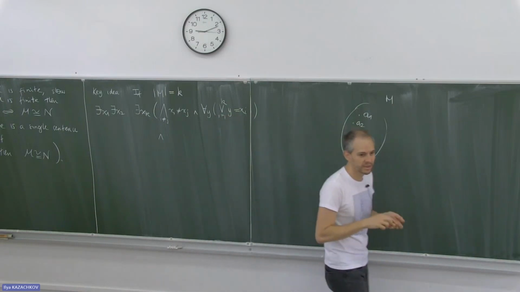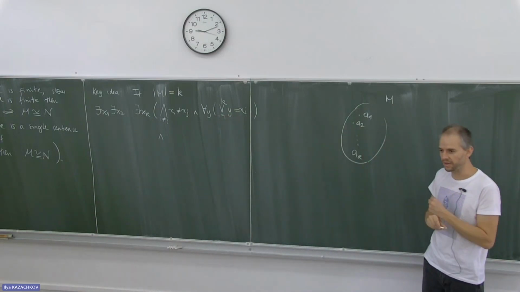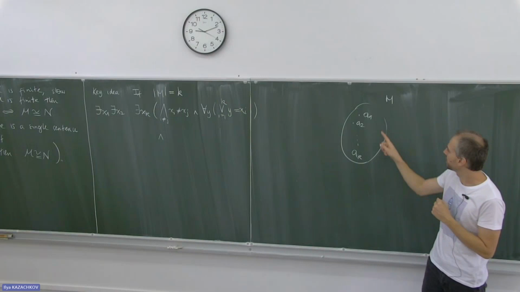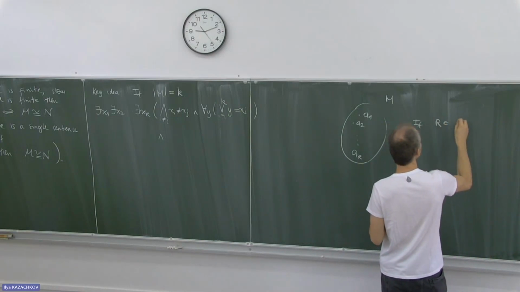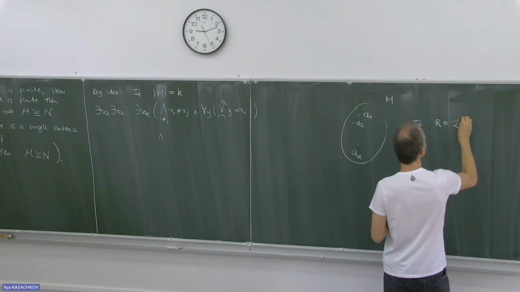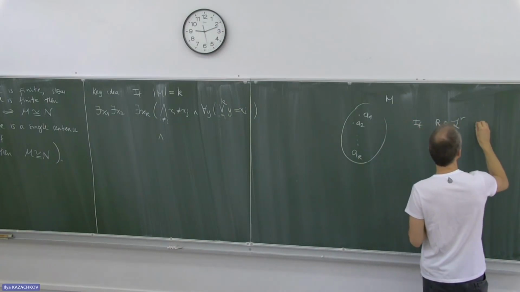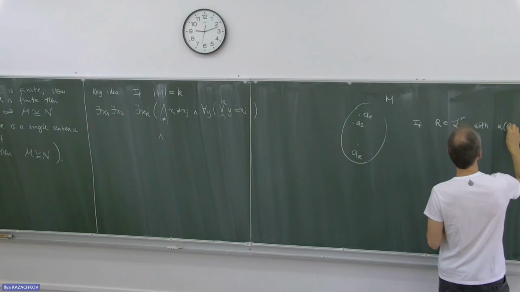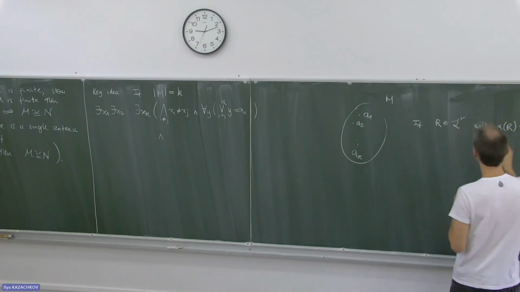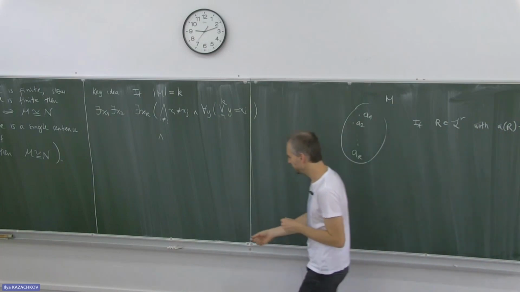And if, for example, R is a relation symbol with arity, let's say 3, just to give you an example,